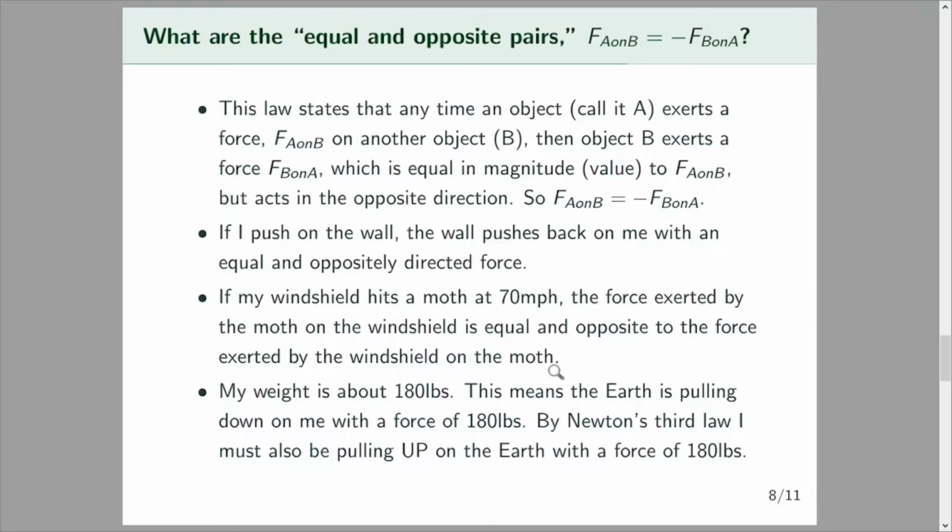So the last example is my weight is about 180 pounds. This means that the Earth is pulling down on me with a force of 180 pounds. By Newton's third law, it means I must also be pulling up on the Earth with a force of 180 pounds. That may seem weird to you. So if I jump off, not off a building, but off something lower so I would survive it, you might think, well, why don't we see the Earth coming up? You certainly see me coming down if I jump off a table or something like that, right? And so